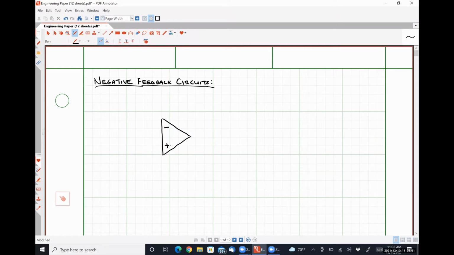Notice that I've put the inverting input terminal on top. That doesn't change the operation of the amplifier in any way, shape, or form. It's just making it slightly easier to draw. Our op amp is still going to need power. Exactly right. So for positive feedback,